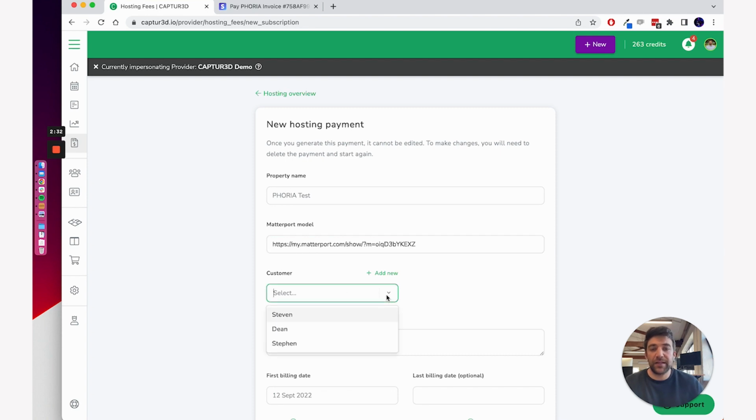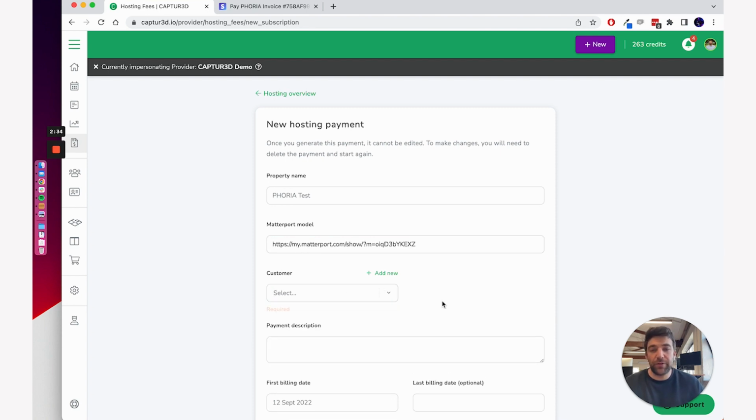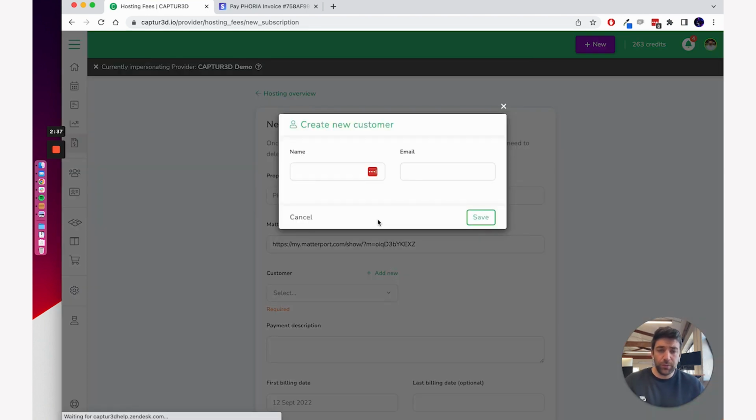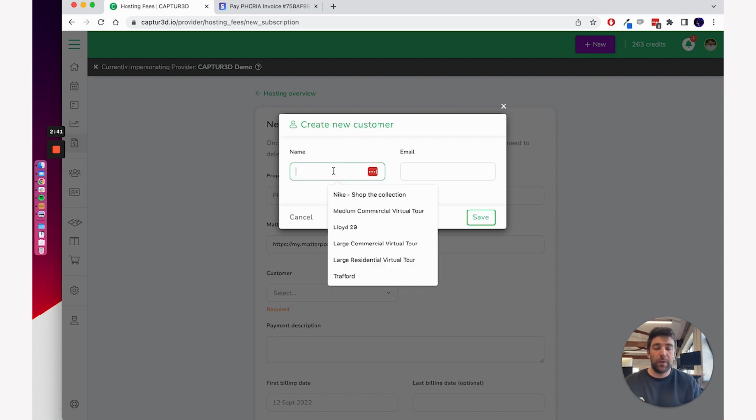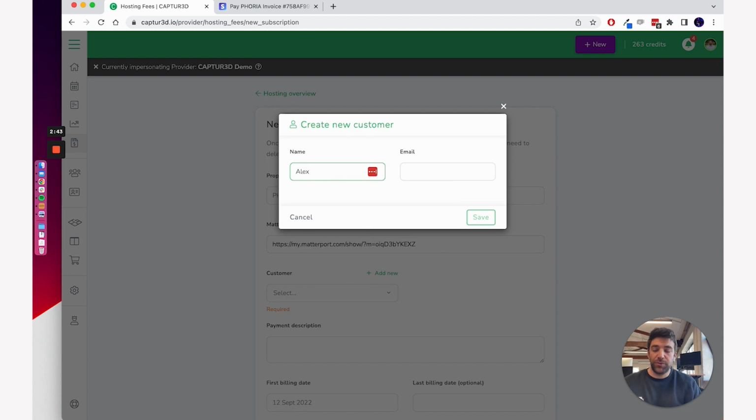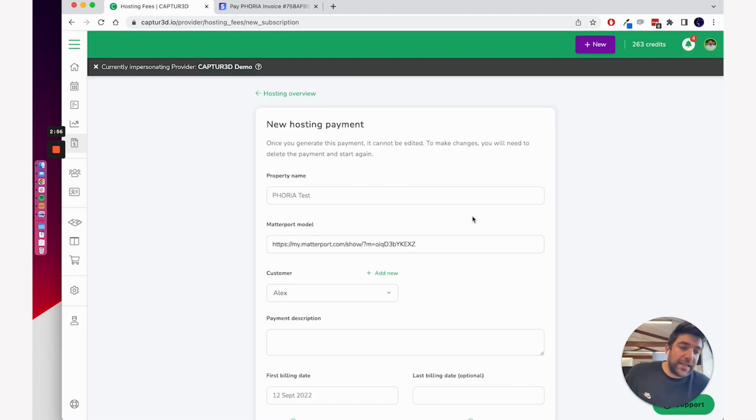The next one is selecting a client. So you can easily select one that's already been created or creating a new one. And you only need two things to set up a client. And this is, again, another reason why we're using Stripe. And so I'm going to send this one to our good friend Alex. And so entering his name and his email, just like that. And then Alex will be sent an email with all of the information to set up his account to start